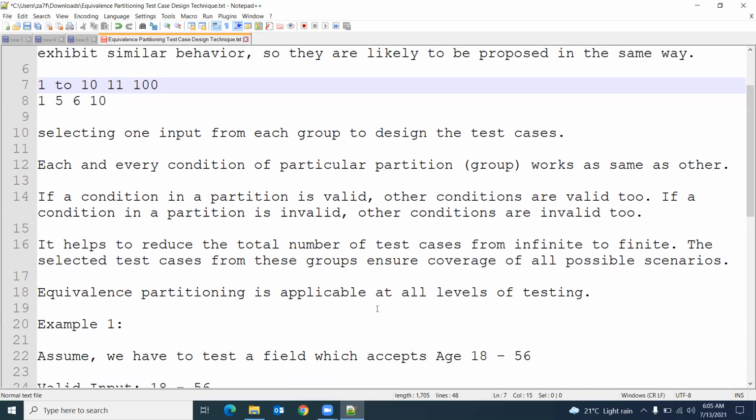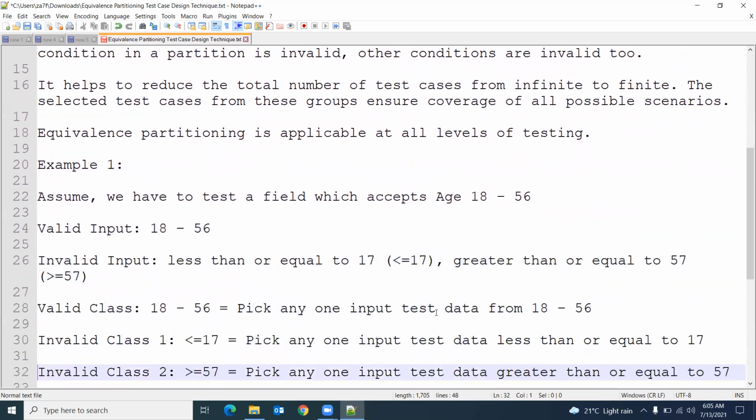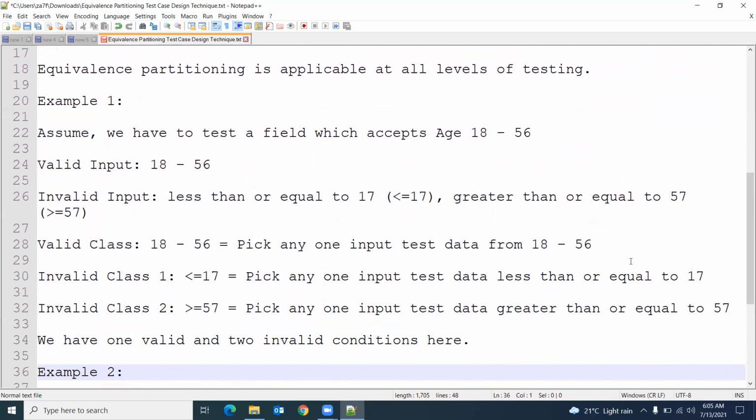Equivalence partition is applicable to all levels of testing. Any test cases we can use it for. For example, there is a field accepting age 18 to 56. Then the input value must be greater than or equal to 18 and less than or equal to 56, with invalid boundaries at 17 and 57.